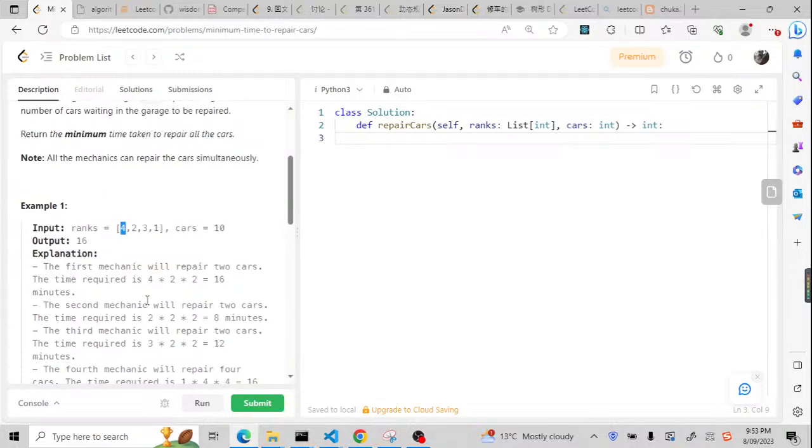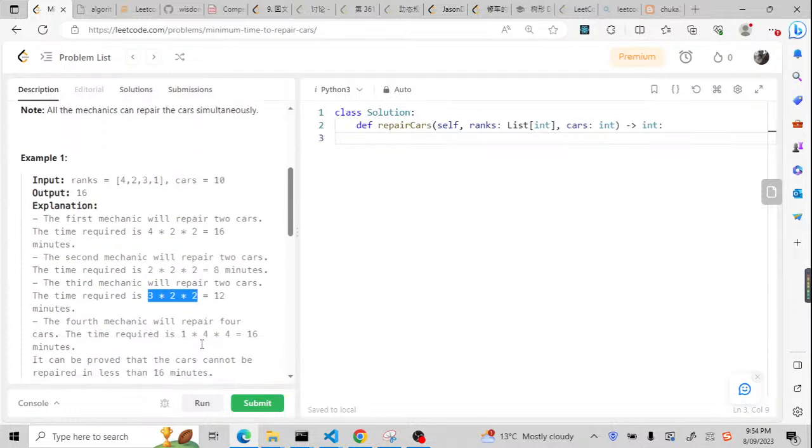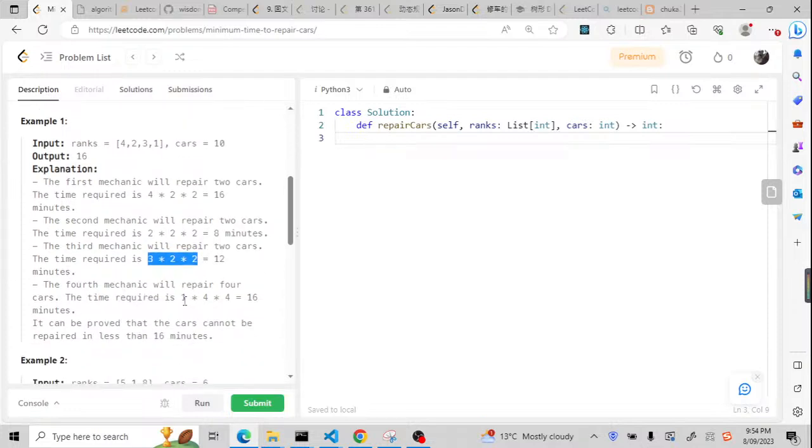For the second mechanic, if he also chooses 2 cars, it is 2 times 2 times 2, because his rank is 2, so it is 8. For the third one, 3 times 2 times 2 is 12. And for the fourth mechanic, because the rank is 1, if he chooses 4 cars maximum,